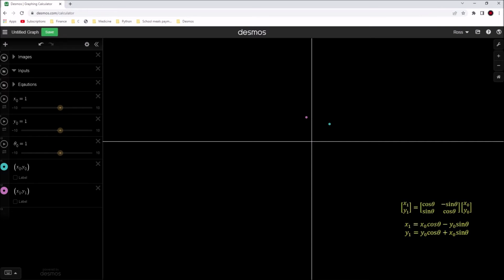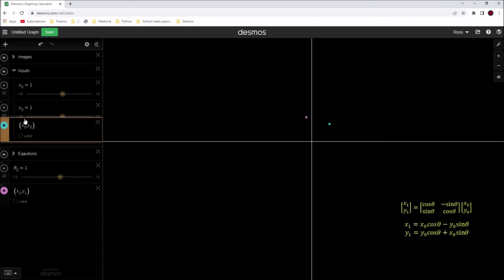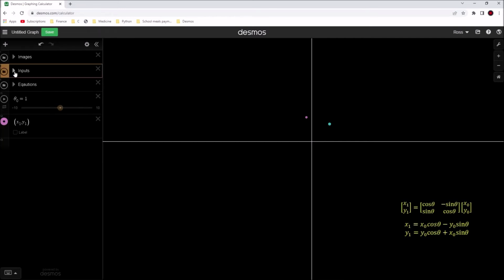Now you don't always need to do this, but this is just one way I tend to work in order to keep things neat and tidy. So we've got x0 and y0 as inputs, and also the x0, y0 point as an input. So we'll close that, and we've got this